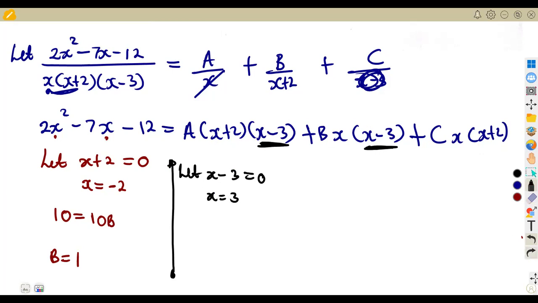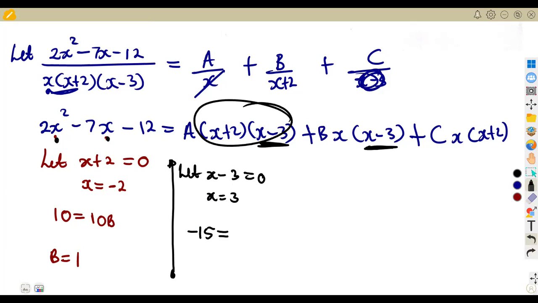So you're saying when x is equal to 3, what is going to be the answer on the left-hand side? It means wherever there is x, we are going to substitute a 3 on that side. So this was going to give you a negative 15. Substitute 3 here, you substitute 3 here, you're going to get a negative 15 is equal to,